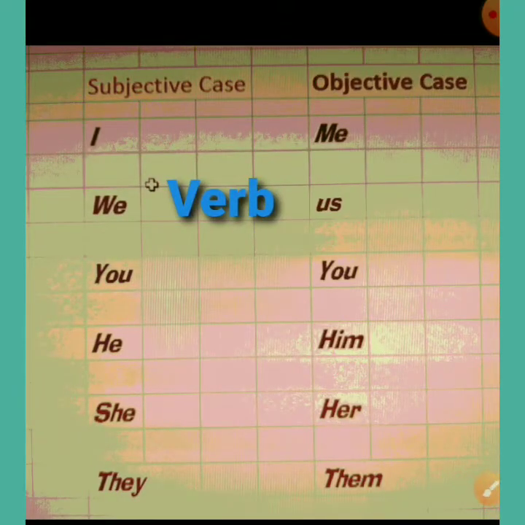When you make a sentence, it is very important to identify the position of subject, verb and object. So here you can see in this chart the position of the verb. Here comes the verb. Means the verb comes just between subject and object. So first comes the subject, then the verb, then the object. So you have to follow this order. So when you use the subjective case, it comes at the beginning, then comes the verb, then if there is an object or something. So the verb always comes in between subject and the object.